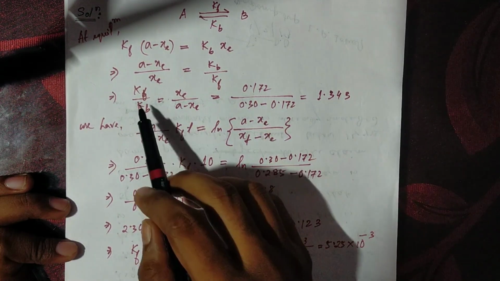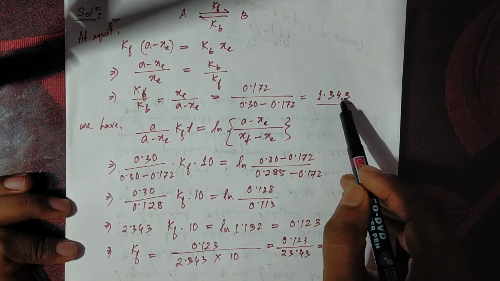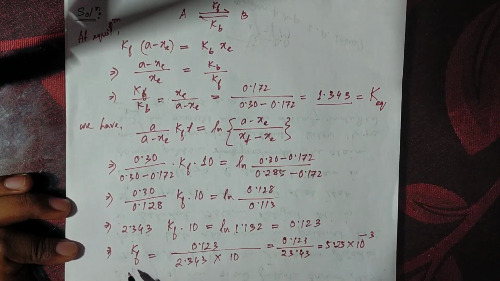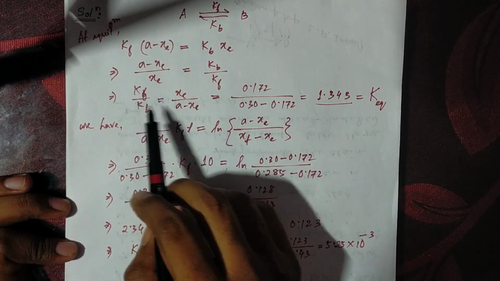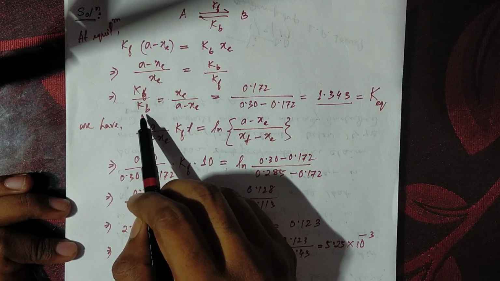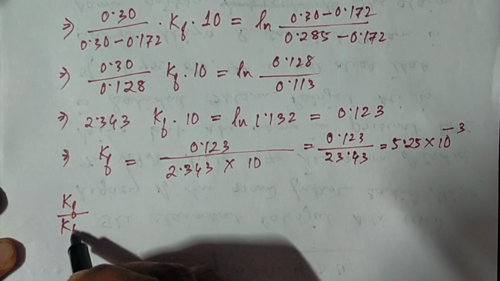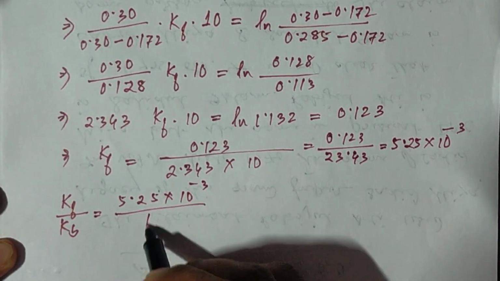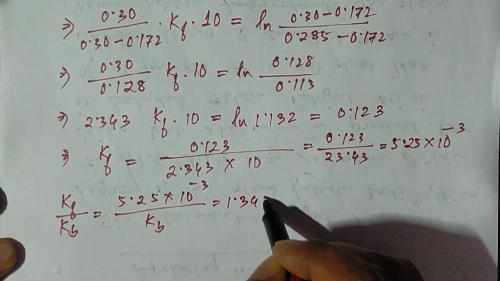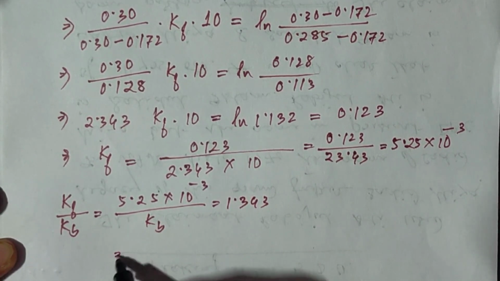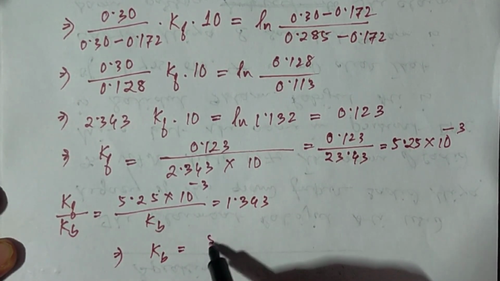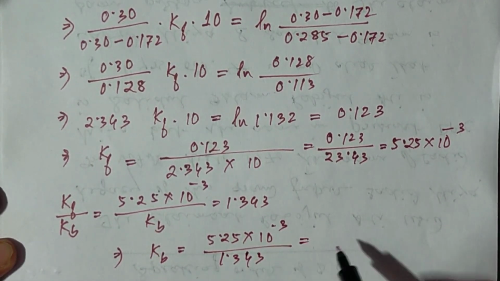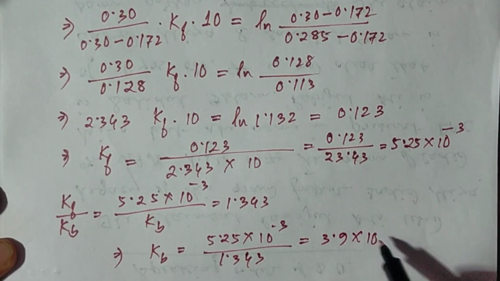As we have already calculated, kf by kb is equal to 1.343, which is K equilibrium. Okay, so as I have calculated kf, this one, from this equation we can calculate kb. kf by kb is equal to 5.25 into 10 to the power minus 3 by kb is equal to 1.343. So kb is equal to 5.25 into 10 to the power minus 3 divided by 1.343, which is equal to 3.9 into 10 to the power minus 3